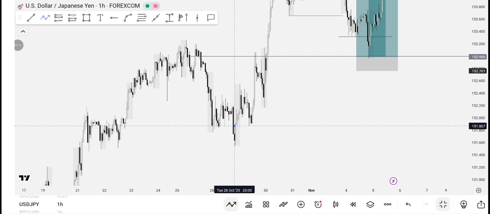So I was like, okay, market is going to sell. But then market didn't use this zone here to buy. That was when I knew, okay, yeah, the trend is